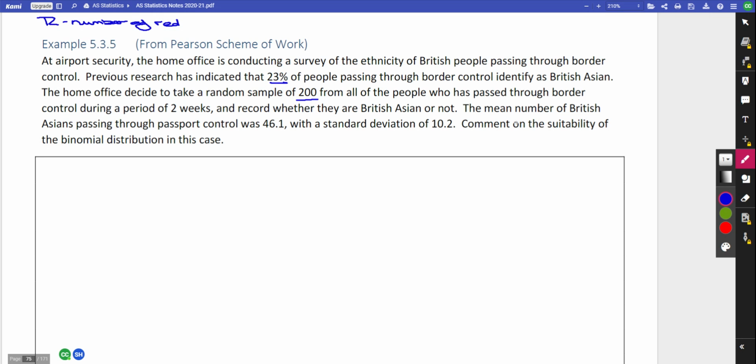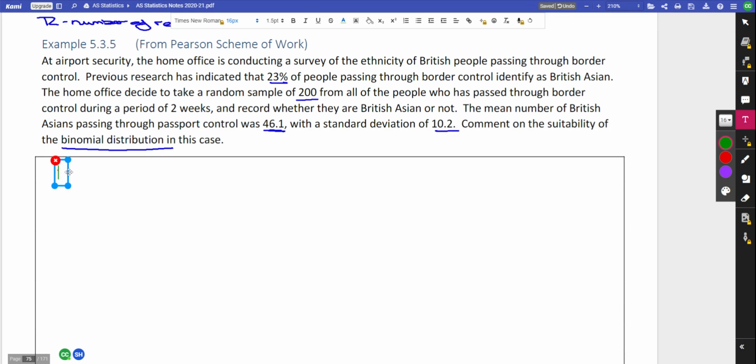But what is the question asking us to do? The mean number that we've got is 46.1 and a standard deviation of 10.2. Comment on the suitability of a binomial distribution. So how to progress with this question? Well, what do we expect if the binomial distribution is suitable? If we start with that information within the question, if a binomial is suitable,